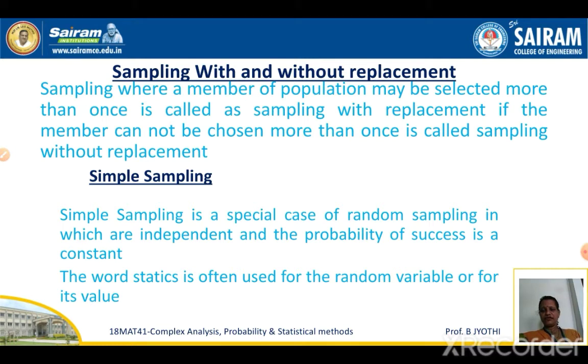Suppose we want to test a production of bulbs in a carton box consisting of 200 bulbs, whether the bulbs are all of good quality, the duration, the glow and voltage, etc. If they want to check everything, they cannot check all the bulbs before delivery, that is, 200 bulbs